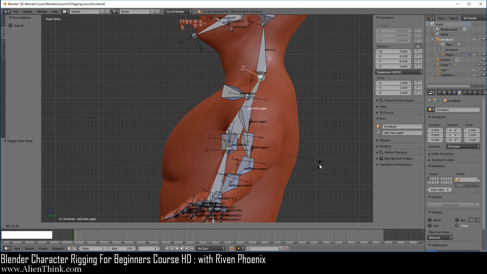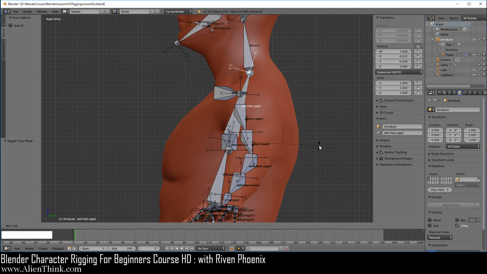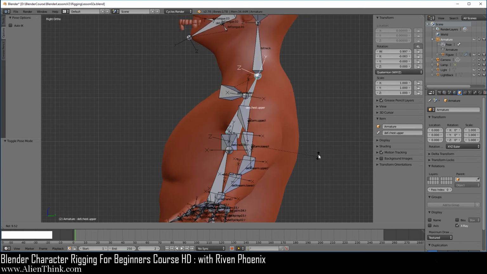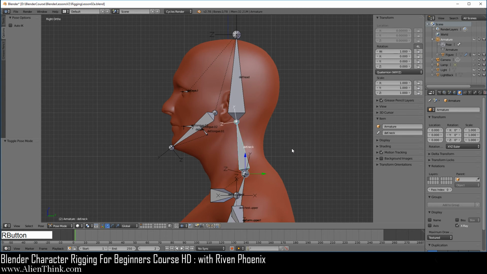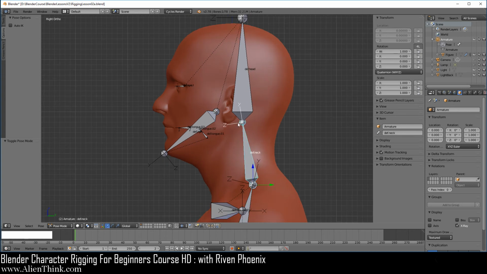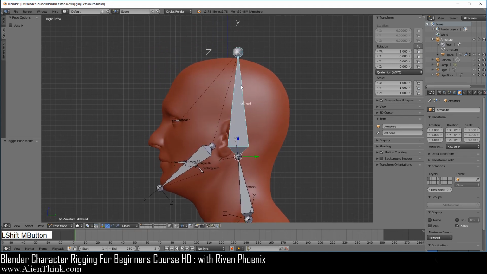That would not be possible, but we're going to use it just to rotate a little bit like this when we do the non-deformed bones. Anyway, now if we click on the neck, you'll see that it's going to do the same thing. Here the Z is pointing towards the major movement. Press the R key, major and minor, and if we click on the head, the Z is pointing to the left. Press the R key, major and minor, right?